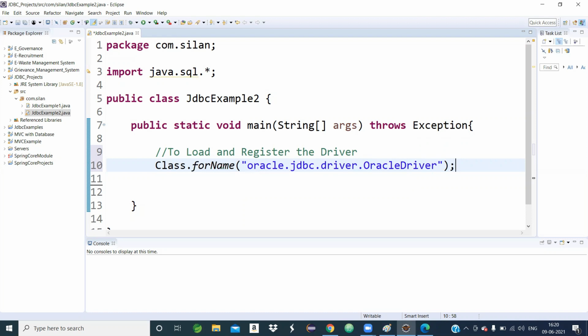So when this statement executes, the type 4 driver is loaded and registered. This is step number 1.